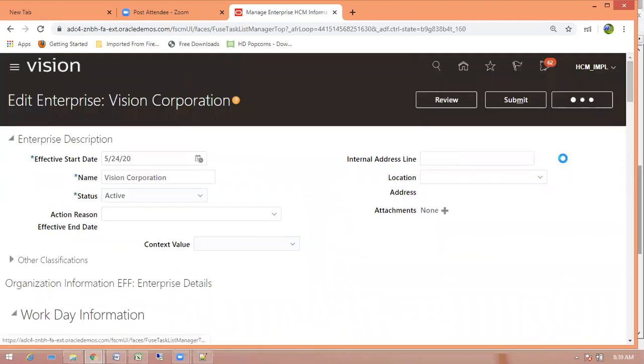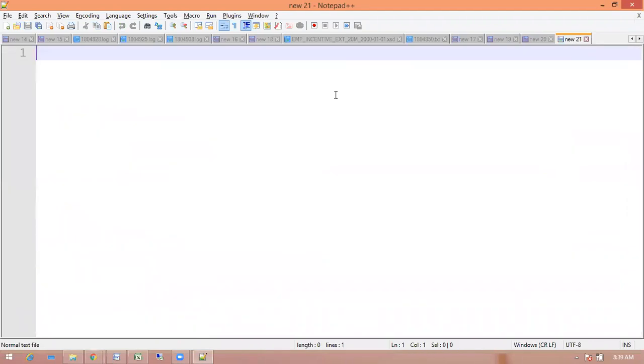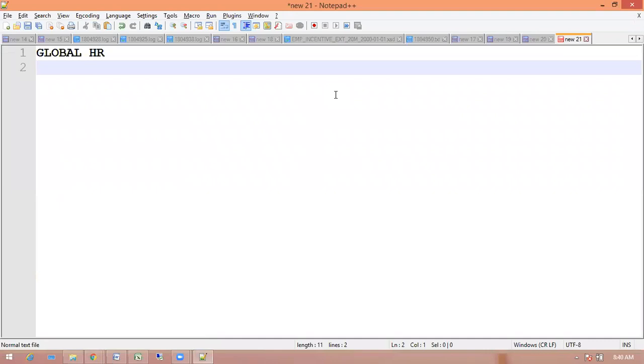As part of the course, we will mainly cover the global HR module. In global HR, we are going to cover transactions, all setups, checklists, lookups, flex fields. It's almost implementation level. I have a list of tasks to be done for the implementation. Wait, I'll show that also. One minute.